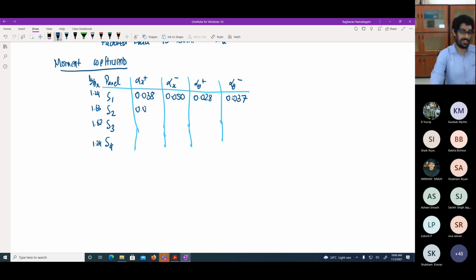See, always remember, even in your continuous beam or whatever that you have, the negative moment will always be higher. Go back to your continuous one-way slab design. We had dead load into L square by 16 plus live load into L square by 12 for exterior panel. Then the first interior panel, for midspan moment, dead load into L square by 10 plus live load into L square by 9. If you observe that, always the negative moment coefficients will be higher. It's the same thing here also.